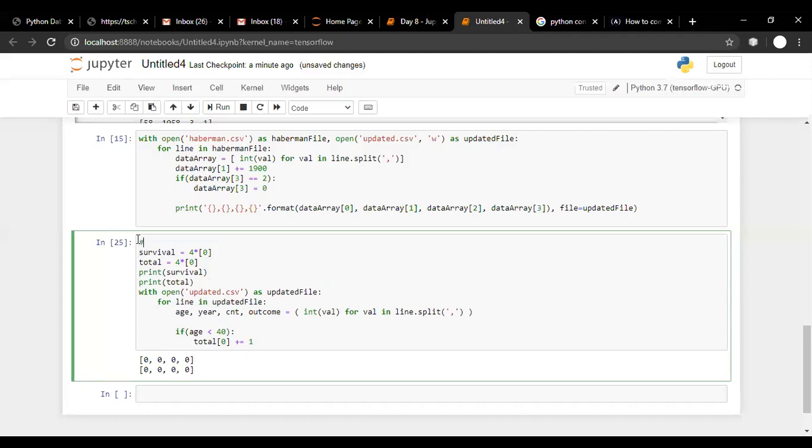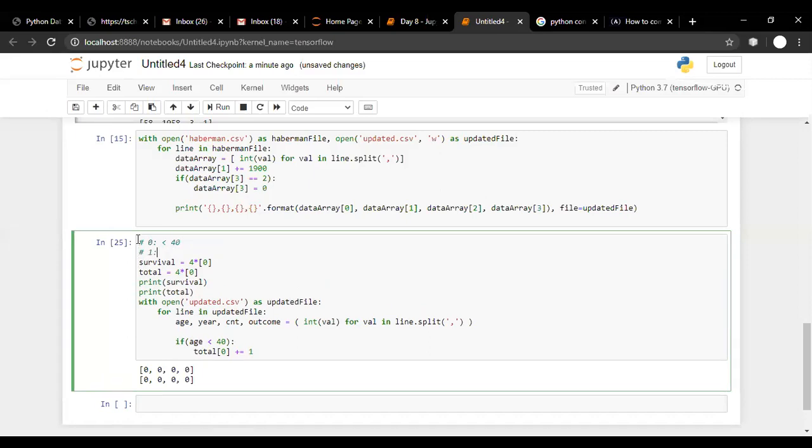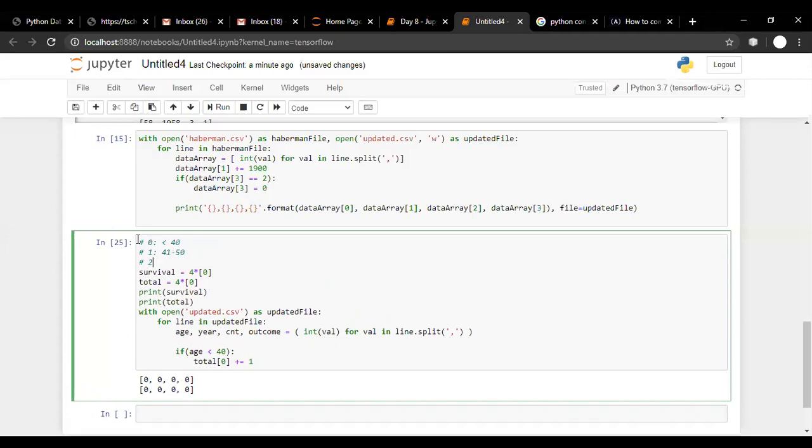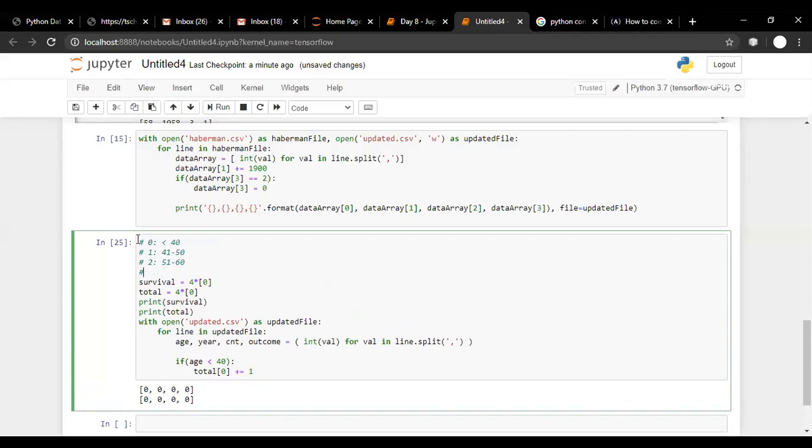So it is something like this. 0th location for less than 40, then first location for 41 to 50, then second location for 51 to 60, and then third location for above 60.